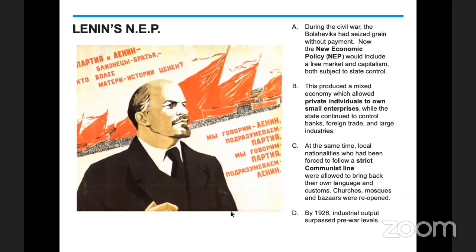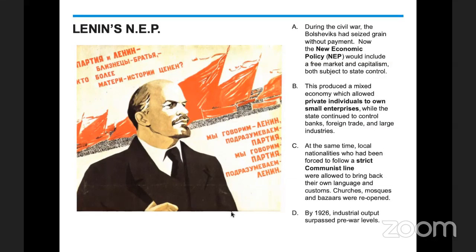Because peasants would only grow crops for themselves and the excess would be seized, now they're going to be able to sell some of that excess. So that's going to be really important. We're even going to see that some are going to profit and even become moderately wealthy. From here we'll see a mix of private enterprises, small enterprises that are privately owned, and yet the state is going to control the large enterprises, things like banks and large industries.